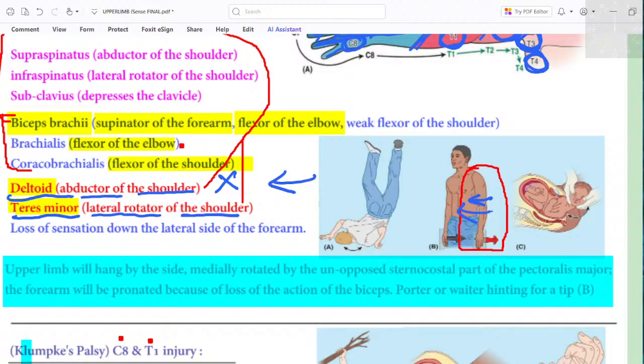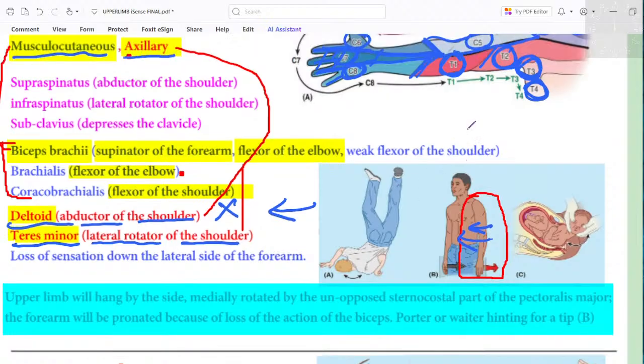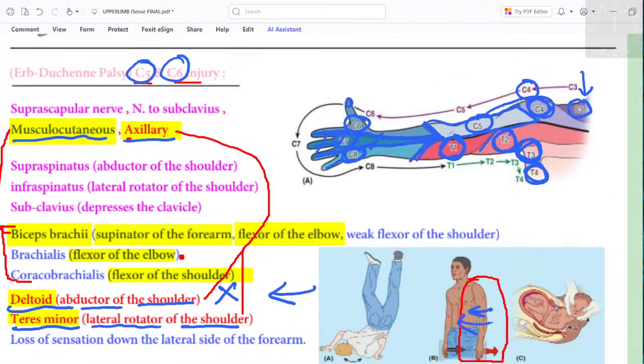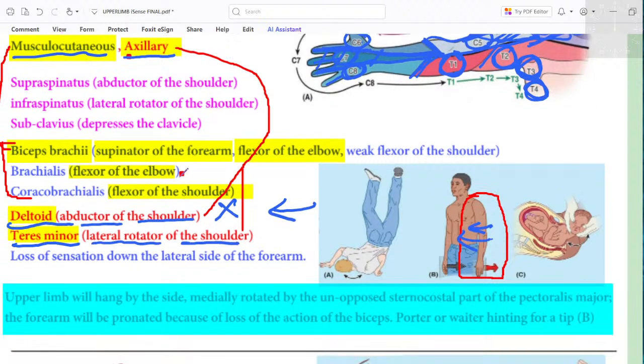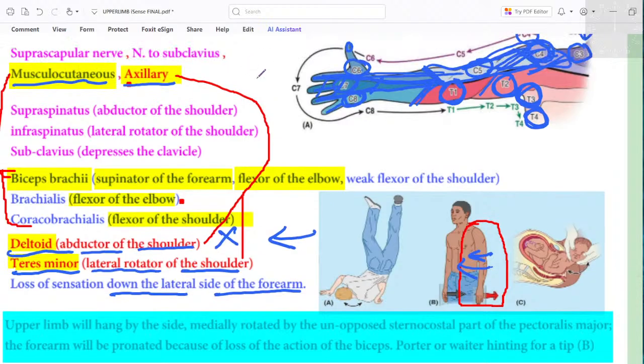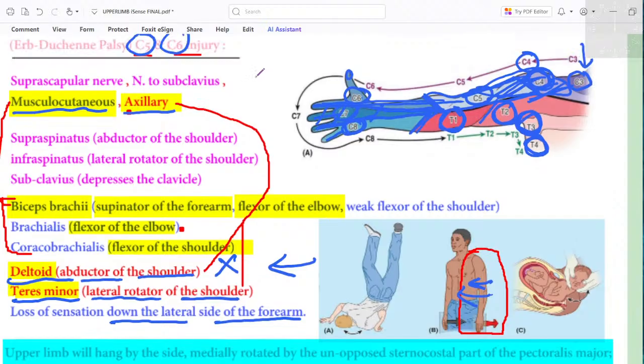Shoulder will be medially rotated. Also the deltoid gives supply over this area, the regimental badge area, where the army put their badges. So there will be loss of sensation down the lateral side of the forearm here also. Yes, that's right. So axillary and musculocutaneous involvement will be seen